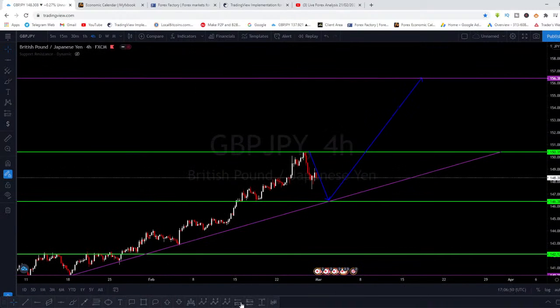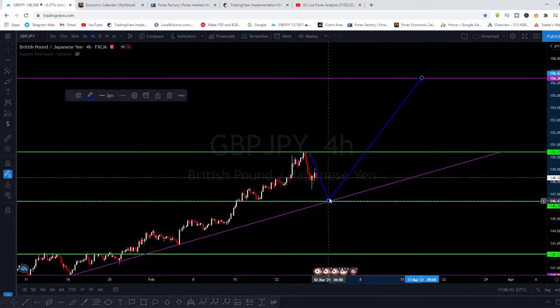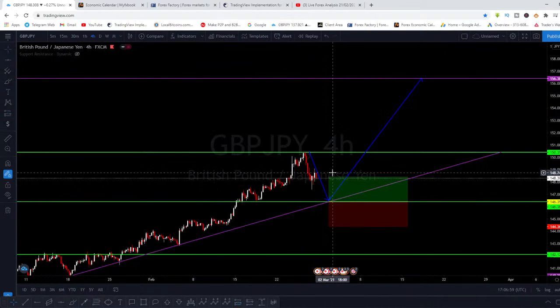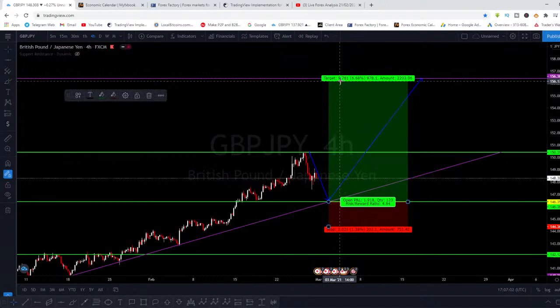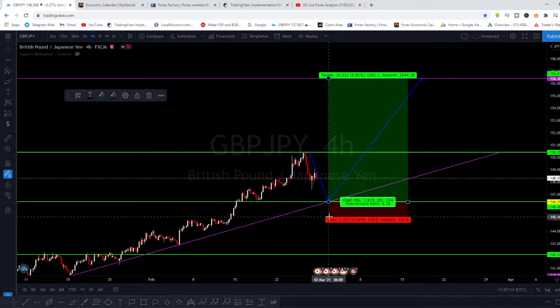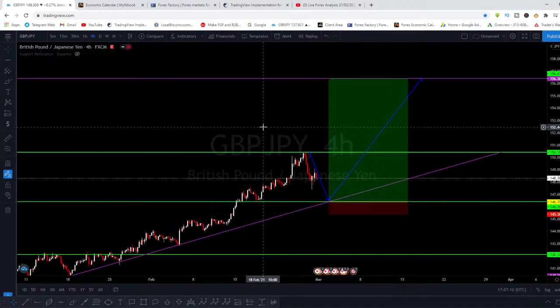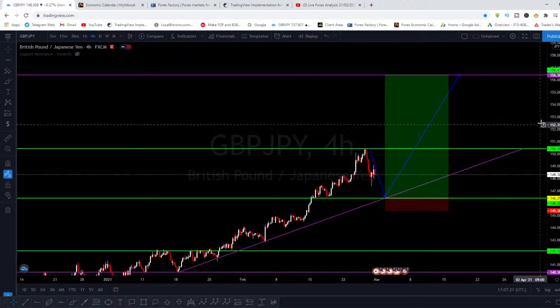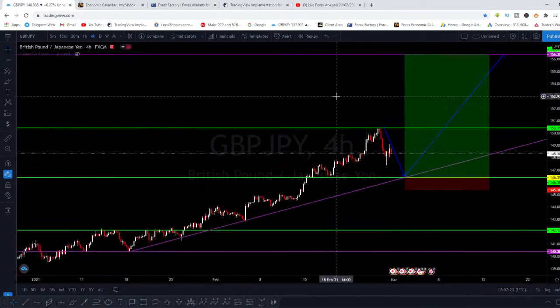So right now, if we calculate how many pips this is from this area, let me calculate it. From this area to this point, like this, you see that is 990 pips, or yeah, it is 1000 pips. So 1000 pips will be the target, and you'll be risking around 100 pips on this. So this is a 1 to 10 risk reward ratio. This is 1 to 10.